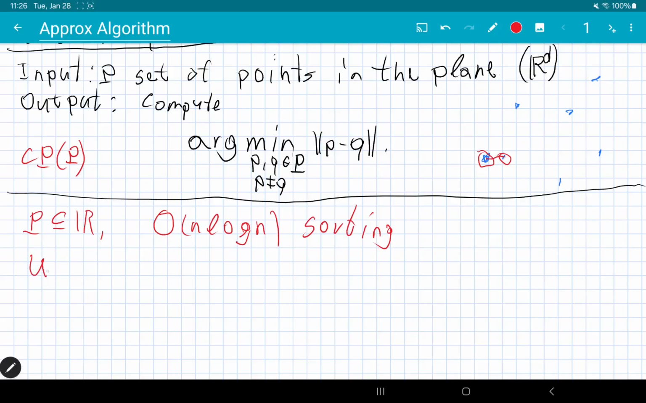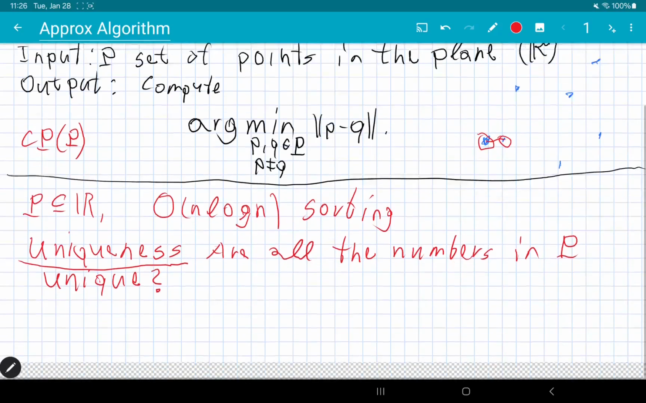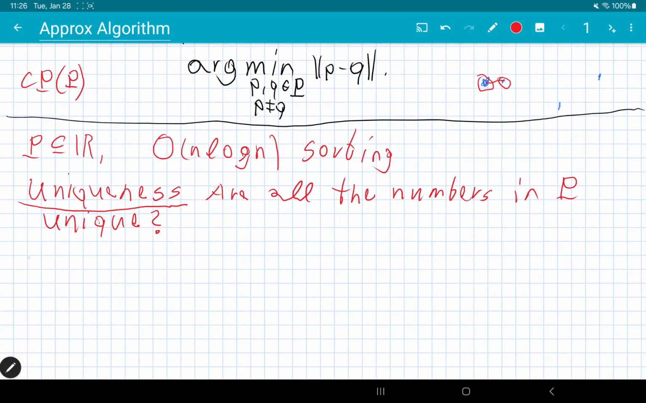In particular, there is a famous problem called uniqueness. Uniqueness asks: are all the numbers in X, P, unique, namely different? It's not very difficult, but it requires some cleverness. It's a well-known theorem that in the comparison model,